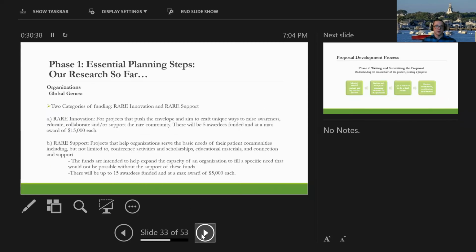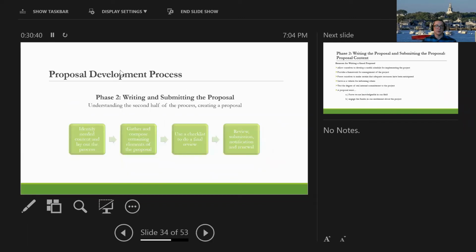And so I'm going to go ahead and go through this, and we're going to get into phase two, the writing and submitting of the proposal. And so this is some of the tricks of the trade. Again, I want to emphasize the most cliche comment in grant making is: it depends. There's no true playbook, but there are best practices and parameters to keep in mind. In other words, the what-not-to-do, things to guide you from that perspective.